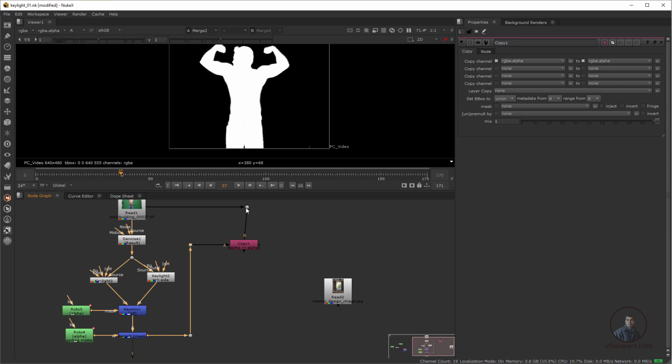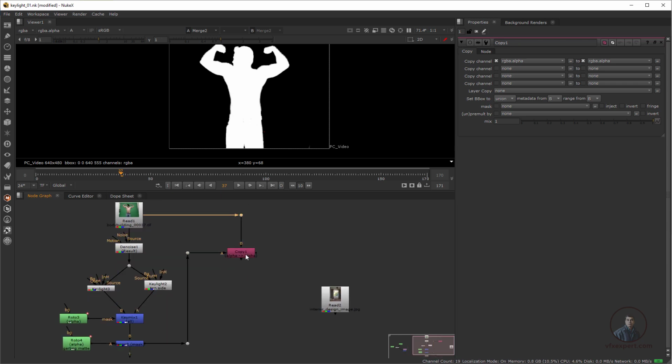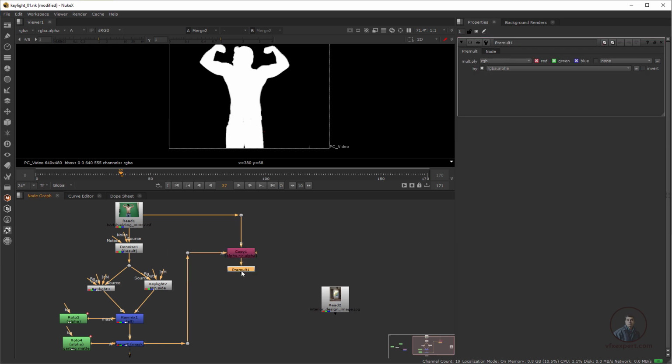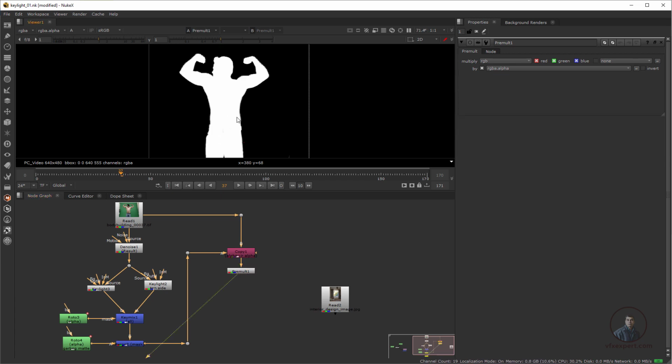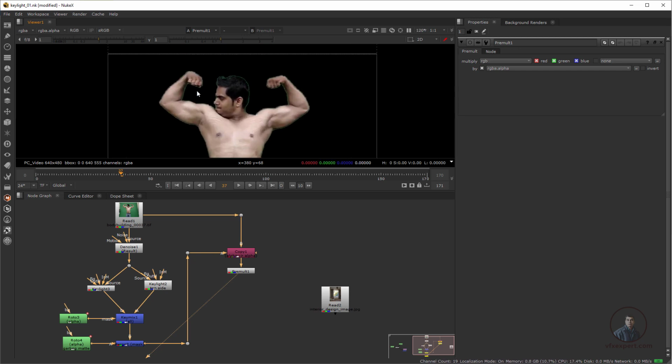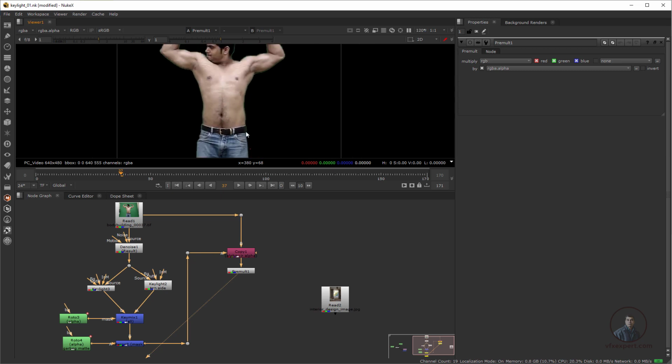So easily you can understand. After this we have to take a Premult. After this Copy node, press Tab and type Premult. Now select this Premult and press 1, and again press A. We have to come into RGBA mode here. Now you can see all the details are here.